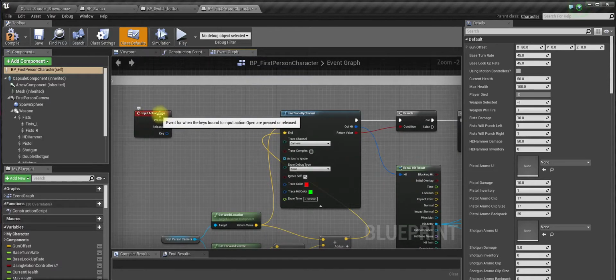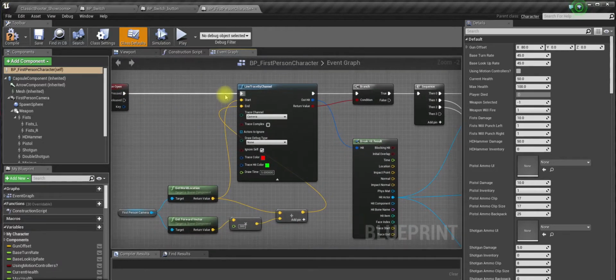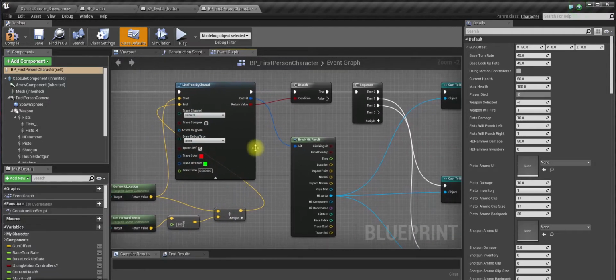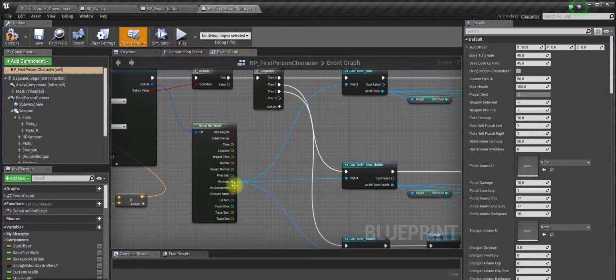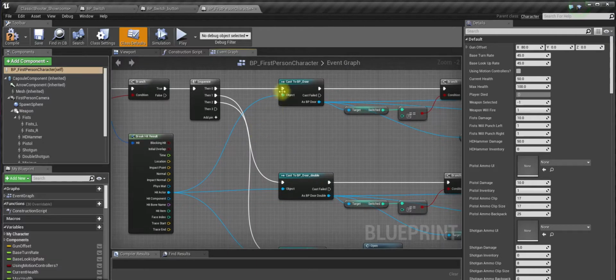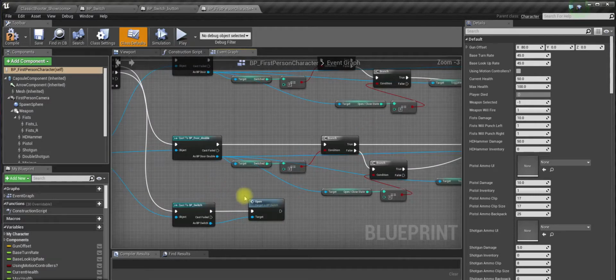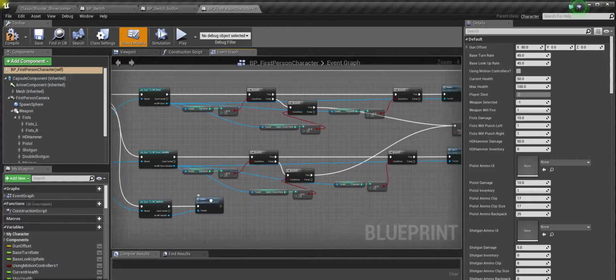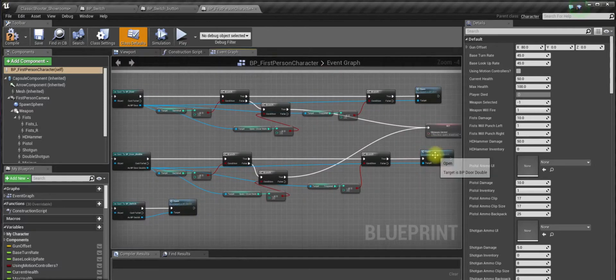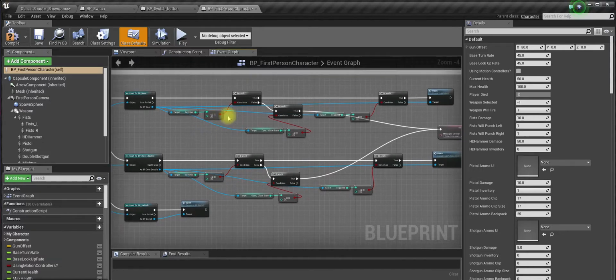So we have input action open, line trace by channel, a short line trace, and when we hit something we break hit results, and if the actor that we hit is the door or the double door or the switch, then we go to the event inside of the blueprint called open for each of the blueprints, with the difference